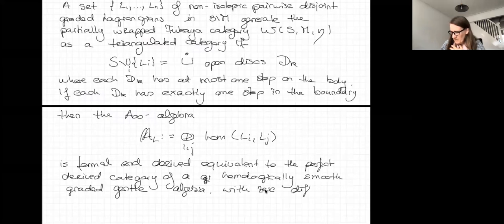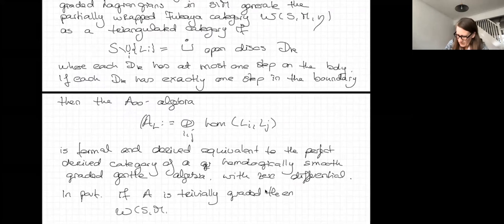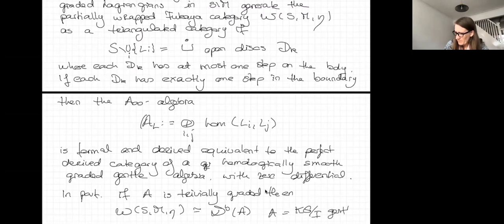Okay. In particular, if the line field is such that A is trivially graded, then we get that this partially wrapped Fukaya category is derived equivalent to a gentle algebra of finite global dimension. Okay, so this is nice,